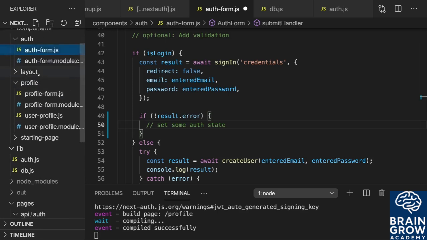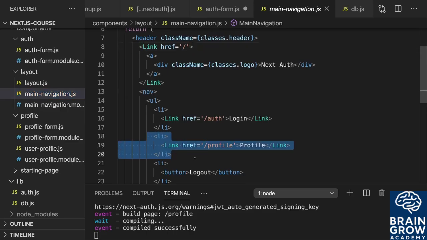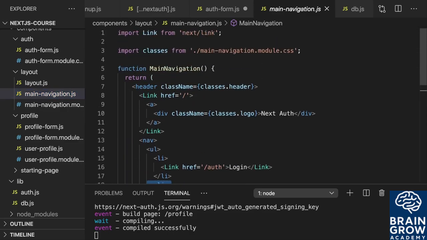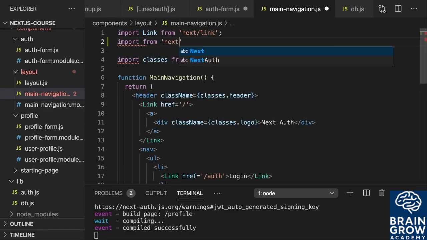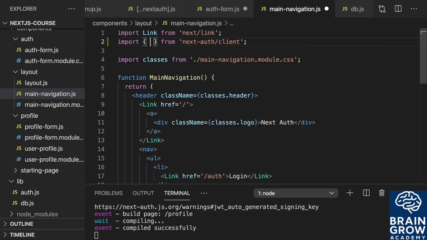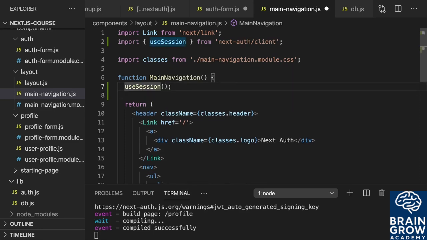Let's say in our components, in the main navigation component, here I want to show profile only if the user is authenticated. Since we use NextAuth, all we have to do for that is import something from NextAuth client, and that something now is the useSession hook, which we can use in any functional React component. Here we can now call useSession, and useSession will return an array with exactly 2 elements. It is an array where the first element